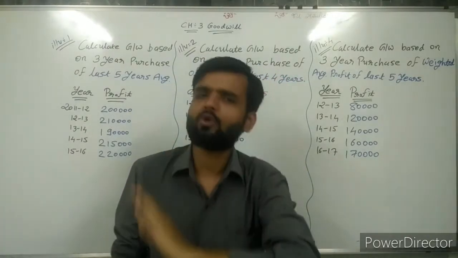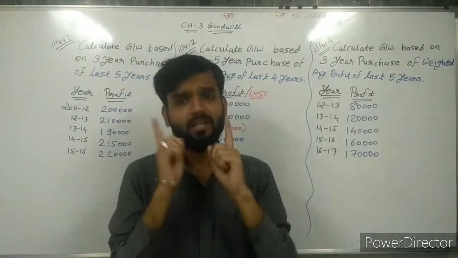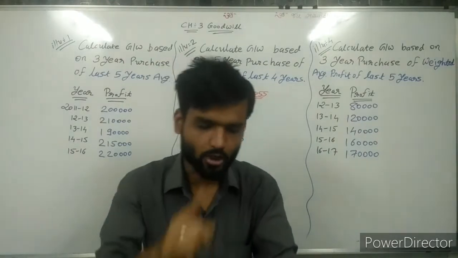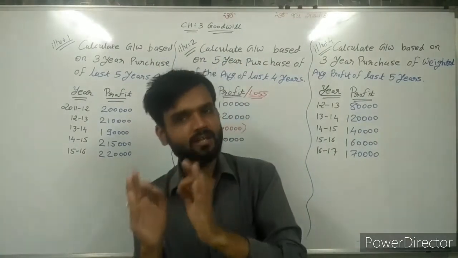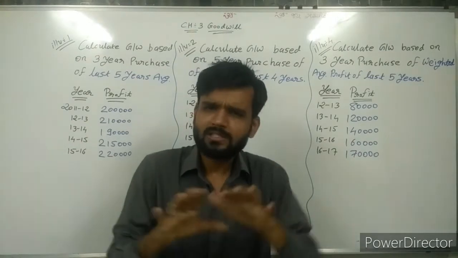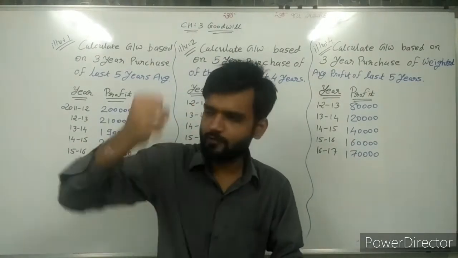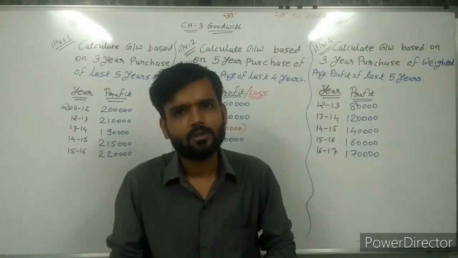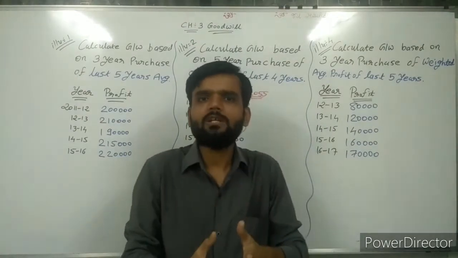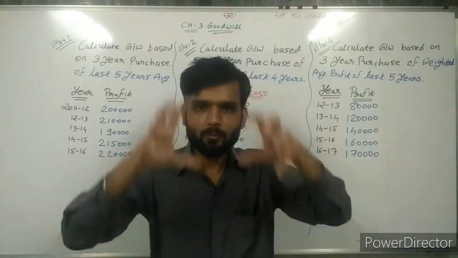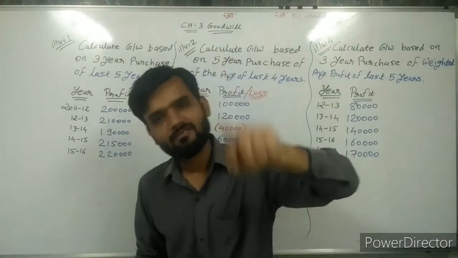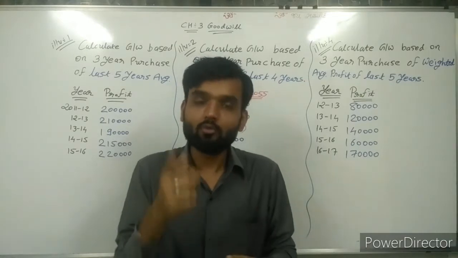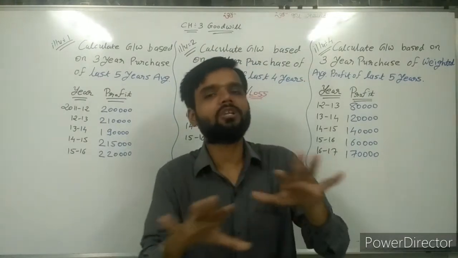First of all, goodwill depends on what? Sir, goodwill is 100% dependent on profit. On the profit base, we are finding goodwill. Now, in simple average and weighted average, we are giving weight. Whom can we give weight? So observe the profits of the companies, and then try to decide to whom we can give weight and to whom we cannot give weight.